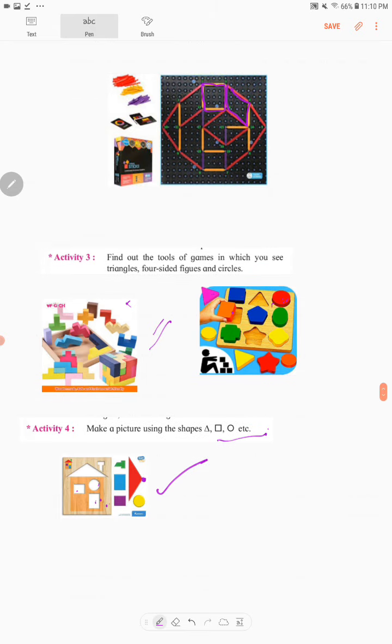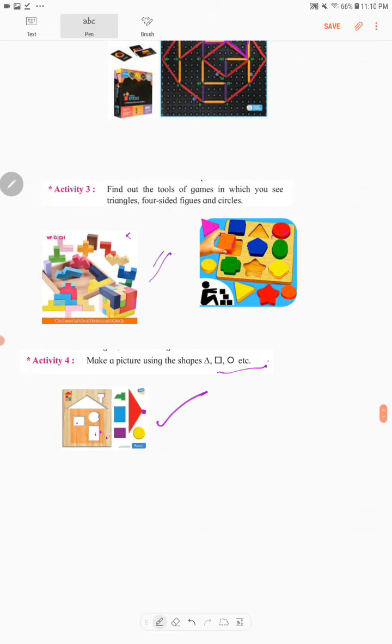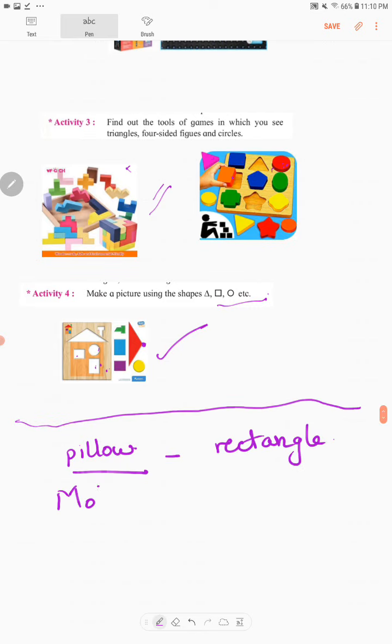The purpose of this lesson is that whatever you see around yourself, suppose you have a pillow. What is the shape of the pillow? It's a rectangle. The mobile phone. What is the shape of the mobile phone? Come on, tell me. It's again a rectangle.